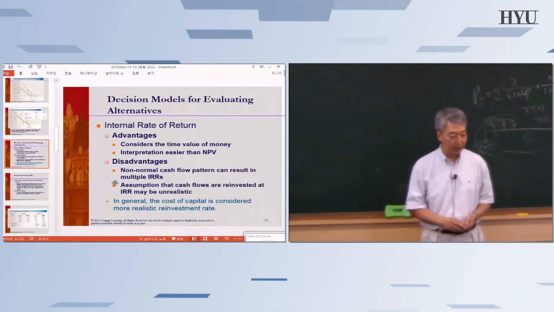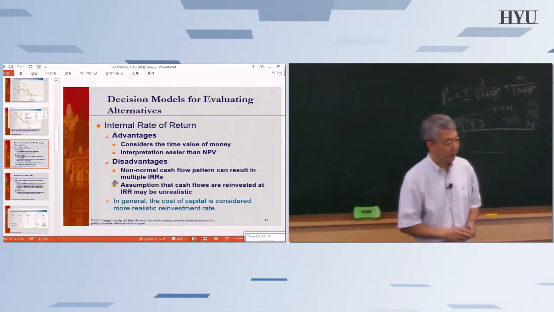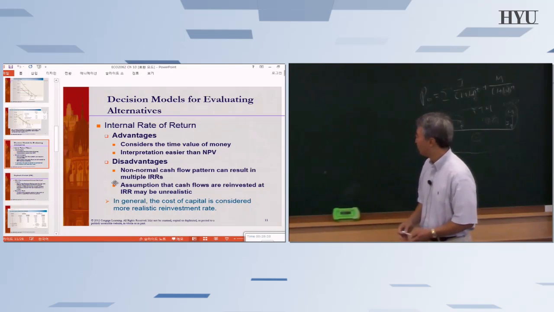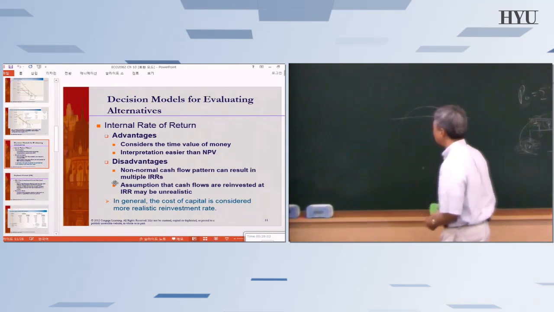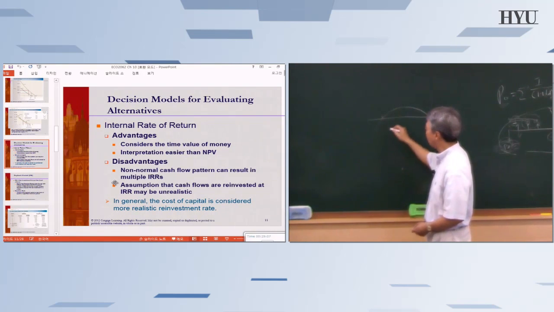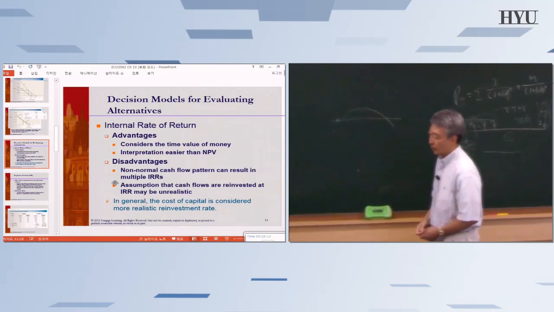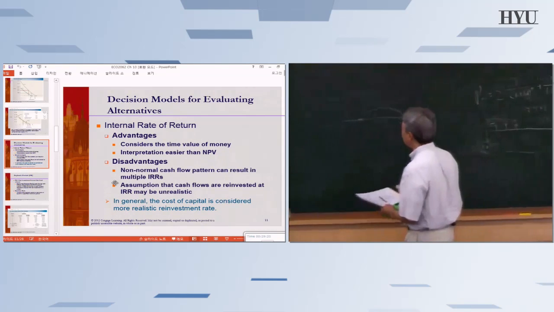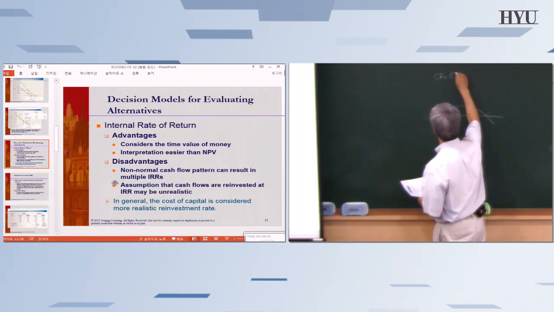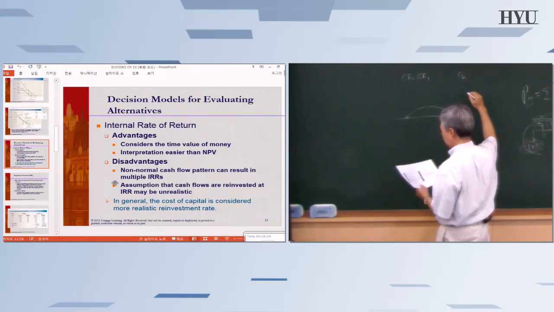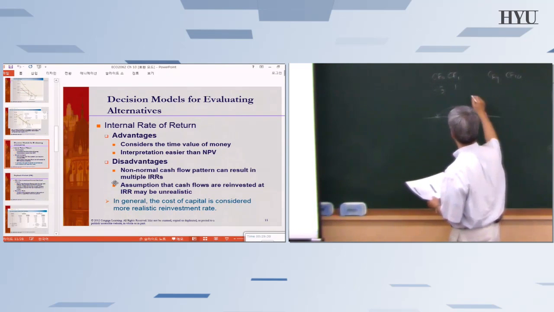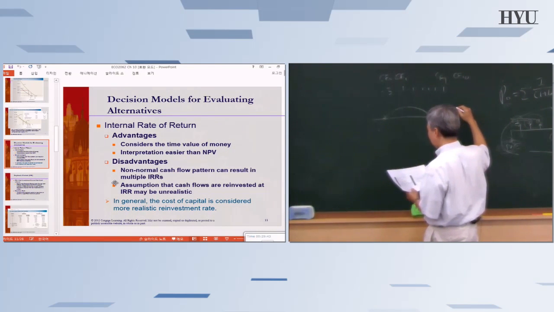Then, if you actually calculate IRR with this cash flow, you've got a problem. Because IRR is the rate of interest which makes net present value equal to 0, right? So if you have this kind of pattern, then we have one IRR happening right here, and a second IRR happening here. Okay? Let me give you a very simple hypothetical example. Let's say CF0, CF1, CF9, CF10. Let's say CF0 is -3, and from 1 to 9 they are all 1, and then CF10 is